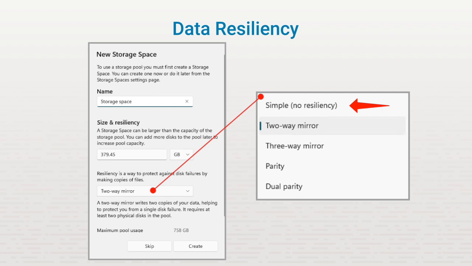To prevent this, Storage Spaces offers several resiliency options to make your files redundant so that if a disk fails, you won't lose any data, and you can see those here. We have a two-way mirror, three-way mirror, and parity. Be aware that using one of these resiliency options will require you to allocate some space for the redundant information. In other words, it'll reduce the amount of space available for just data storage, but it's worth it because your data is much safer. Let's take a look at what each of these three data resiliency options offer, beginning with